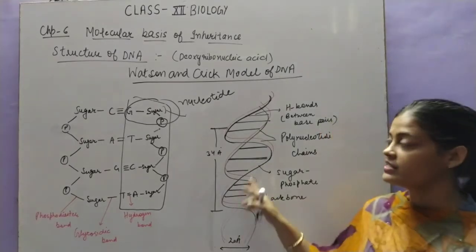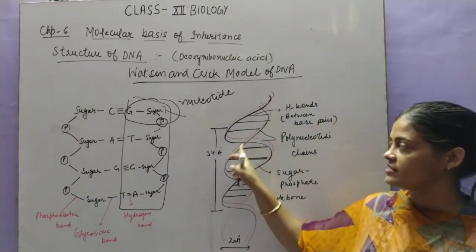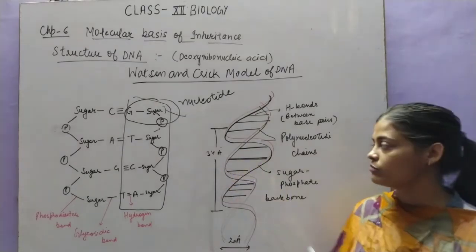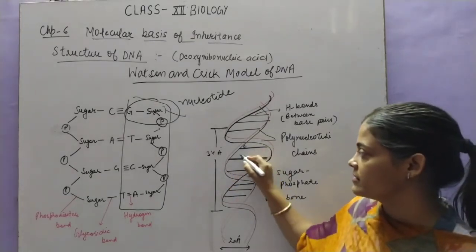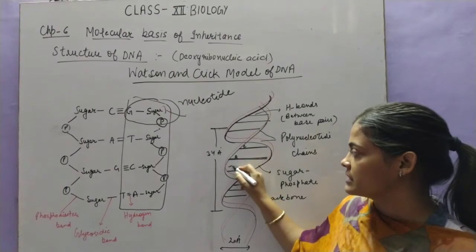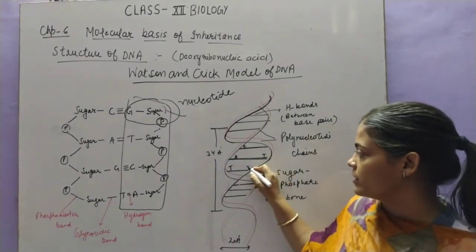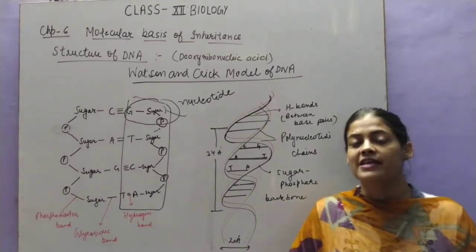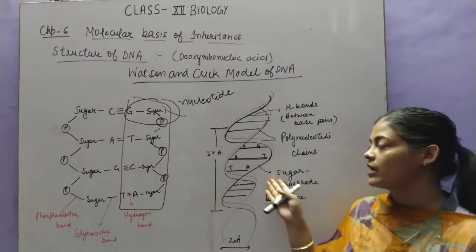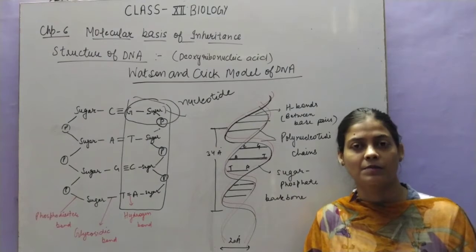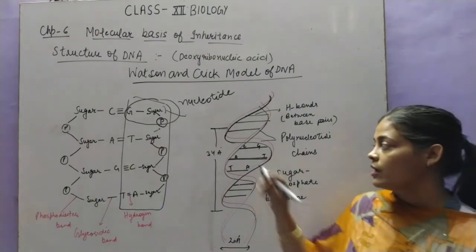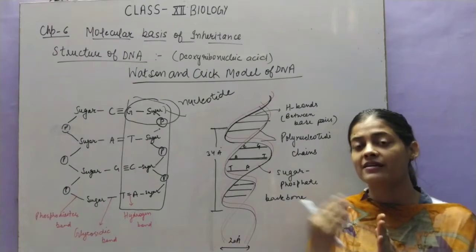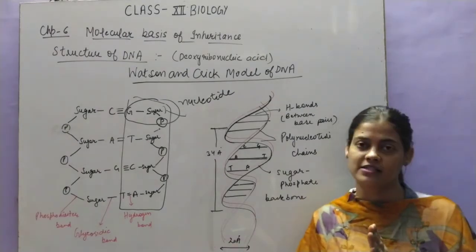Okay, so here you can see this is one polynucleotide chain, this is the second polynucleotide chain, and they are attached to each other with hydrogen bonds, क्योंकि इनके जो nitrogenous bases हैं वो इस side पे present हैं, और यहाँ पे इसका होगा, यहाँ पे इसका होगा, यहाँ पे इसका होगा. And these nitrogenous bases have a specific pairing. It is not like कि कोई भी किसी के साथ भी pair up कर जाएगा. Why is that so? Always there should be one purine at one side and pyrimidine at the other side.